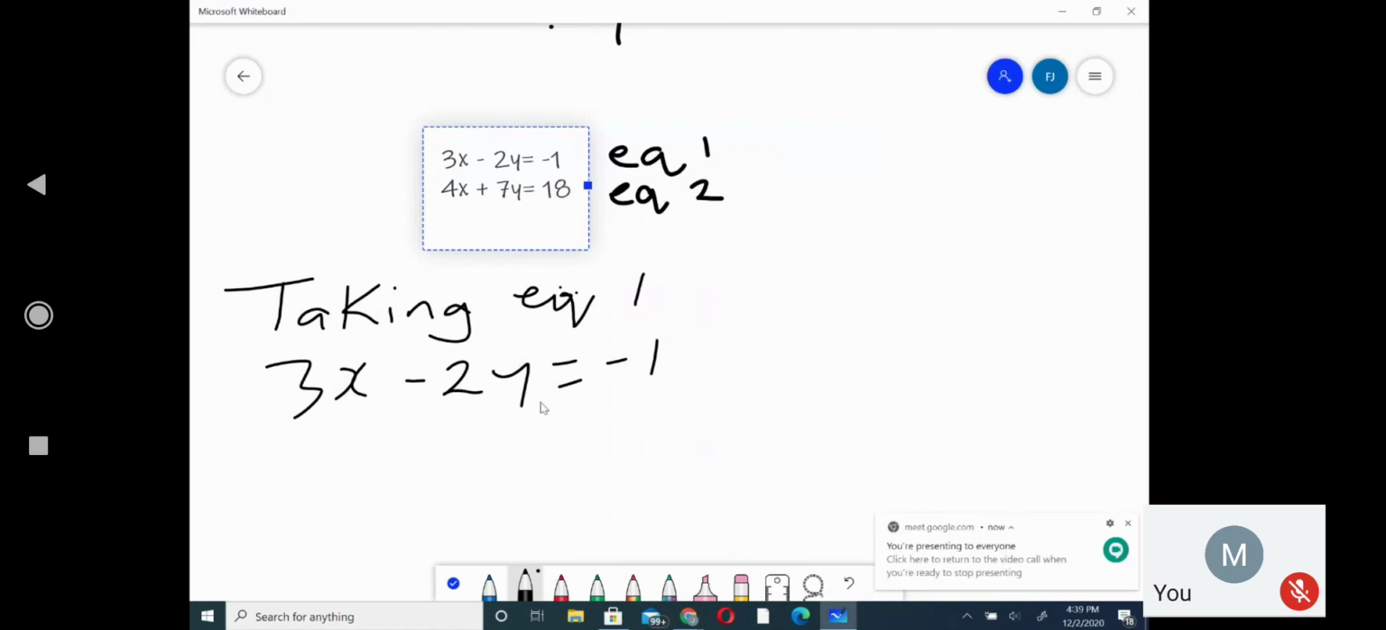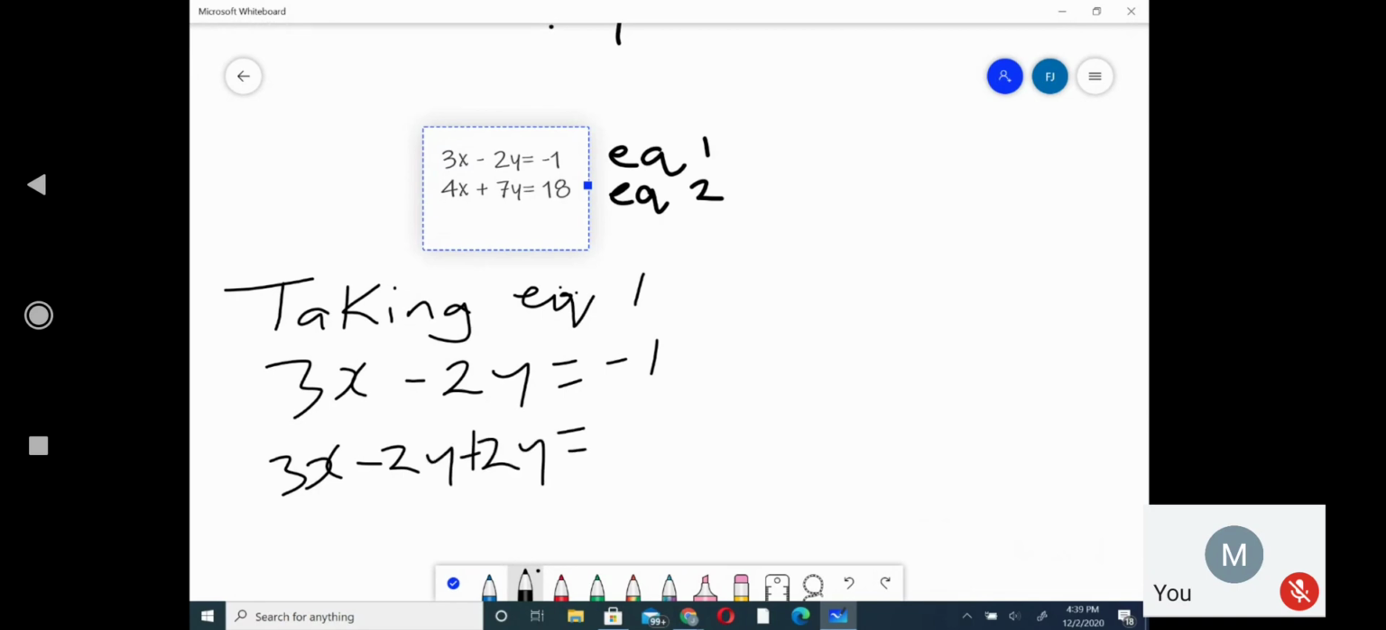Alright, so we'll make x the subject. So the first step we must take to make x the subject of this equation is what? Add 2y to both sides, so we'll say 3x minus 2y plus 2y equals negative 1 plus 2y. And then our next step will be